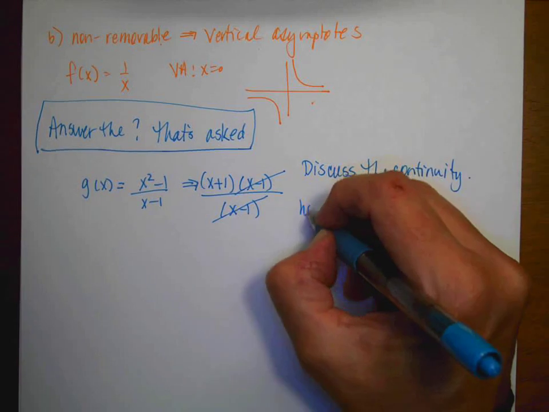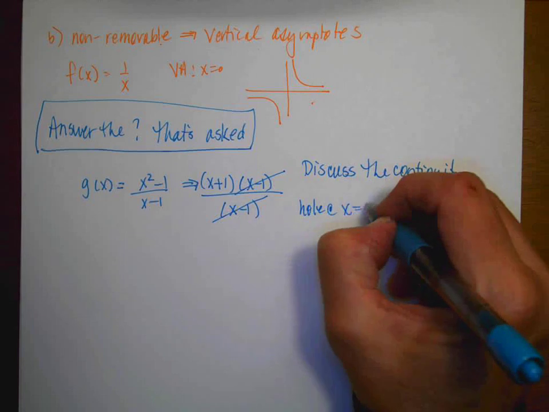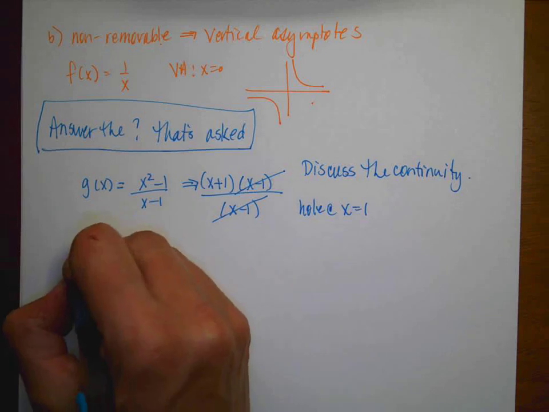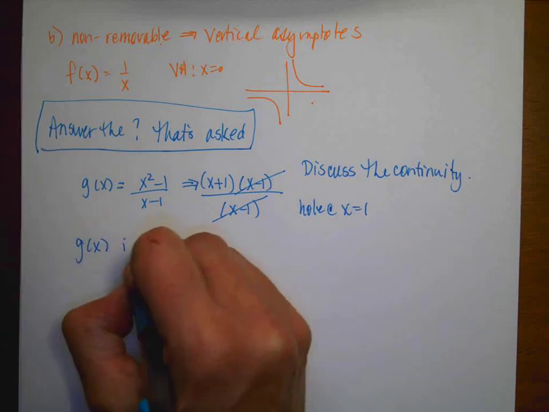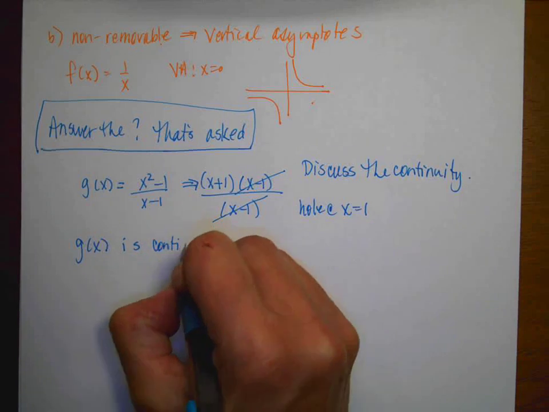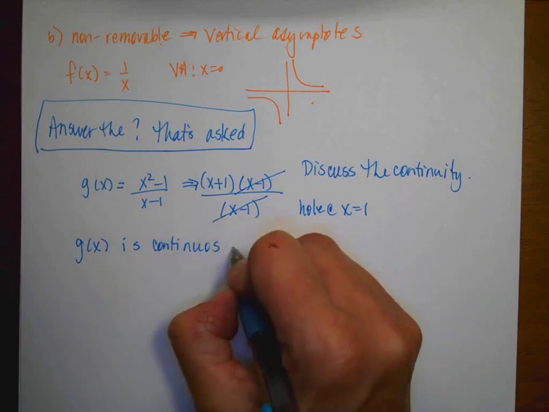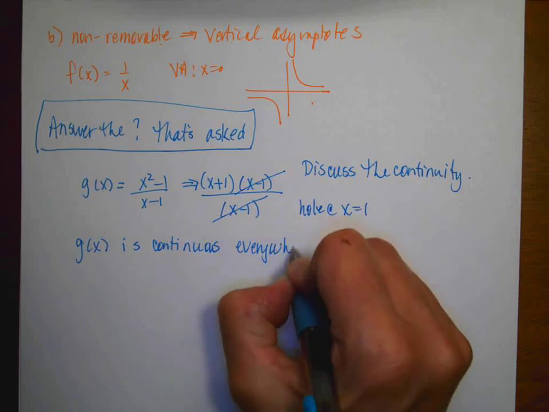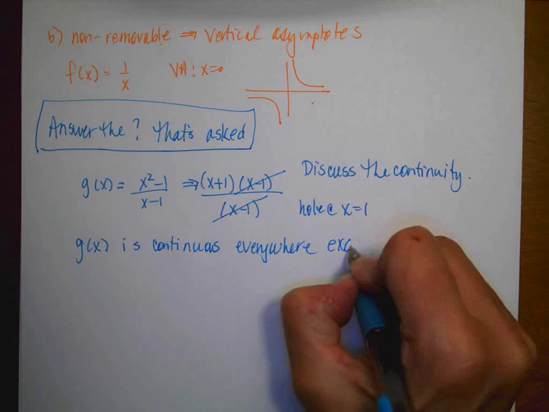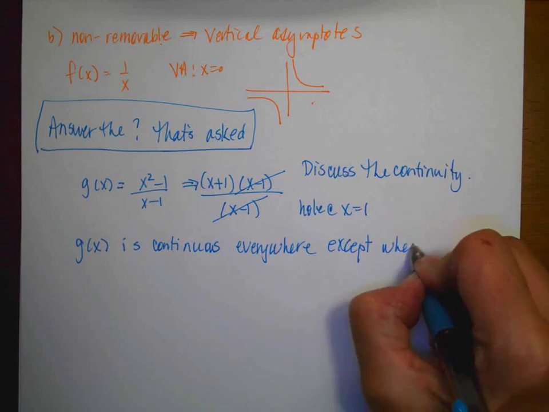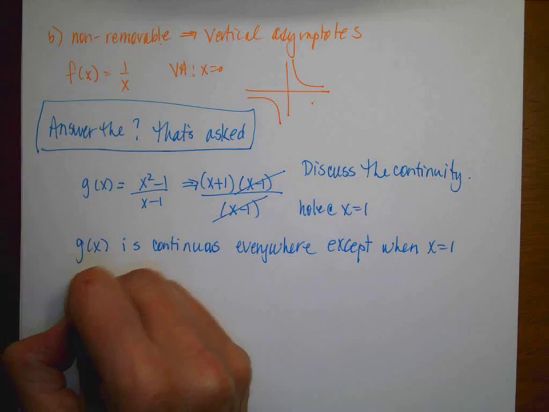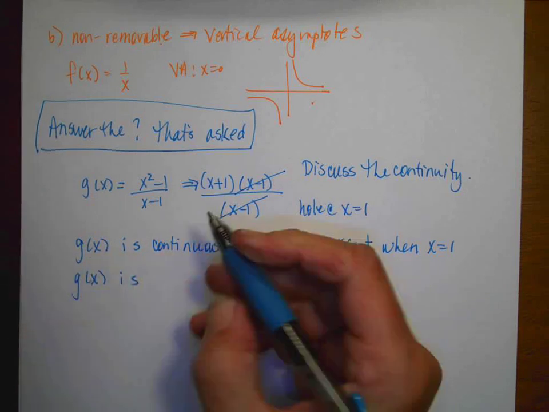We know that we have a hole at x is equal to 1, but that is where the function is discontinuous, okay? So we would say g of x is, and there's a couple of different ways I can say this, continuous everywhere except when x is equal to 1, or we could say g of x is